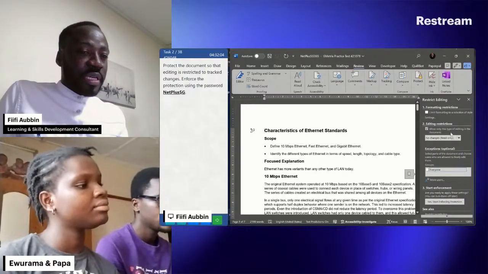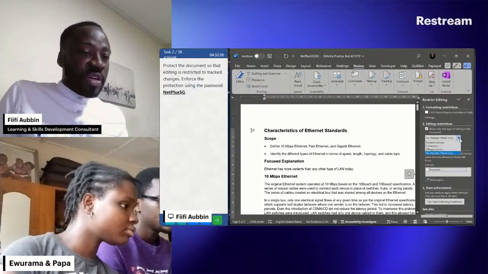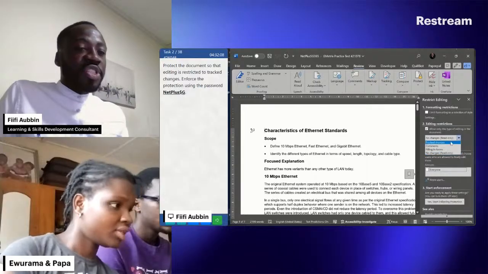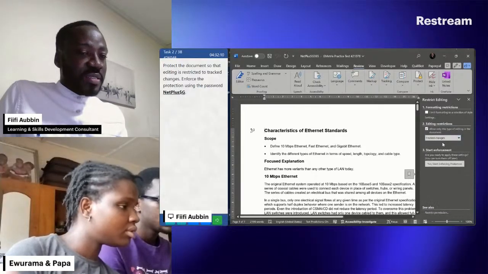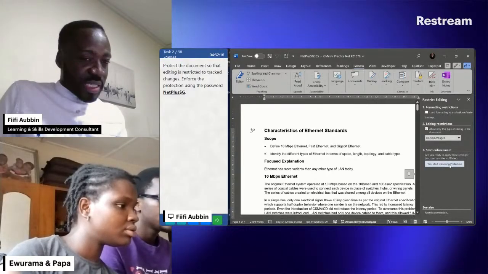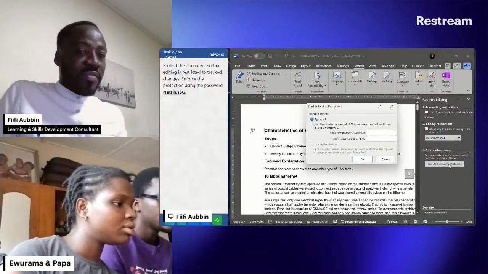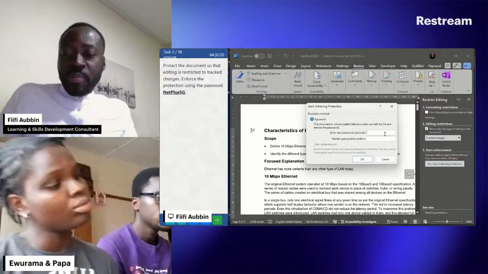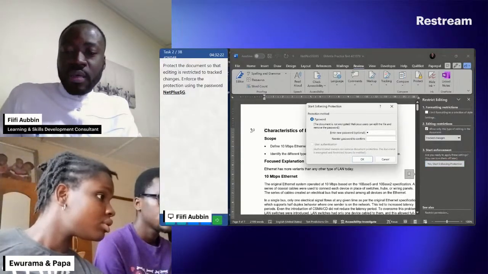Yes, the second option. Then we have "No changes (read only)." Then you change it to Tracked changes. Okay. Then I'll say "Yes, Start Enforcing Protection." Then I'll click on "Yes, Start Enforcing Protection." Then I'll type my password, net